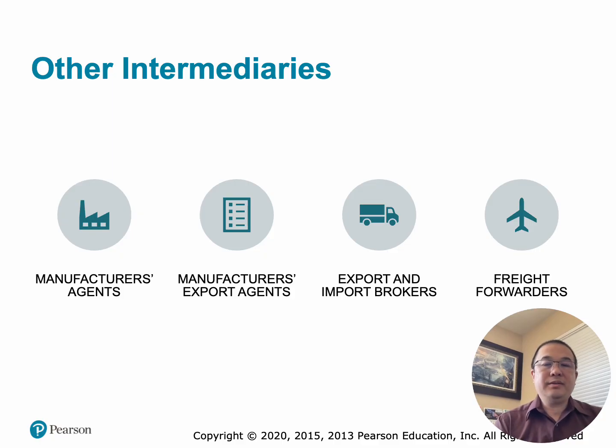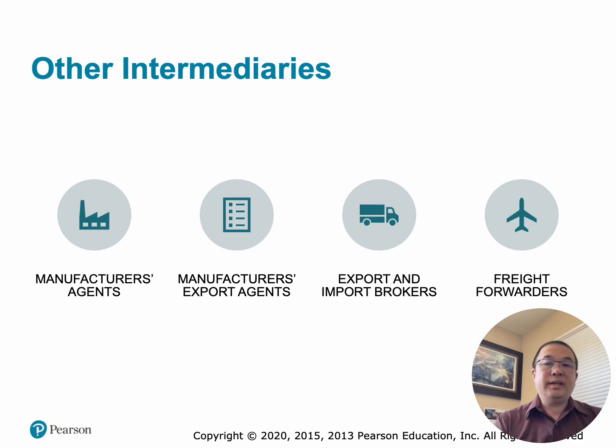Number two, a manufacturer's export agent, or MEA. These specialize in export markets. Think of them as an outsourced international sales department. What they do: they help to identify foreign customers, negotiate export contracts, handle export sales activities, and they sometimes manage export documentation. As an example, a small software company hires an export agent to develop customers in Asia and Europe. The difference from the manufacturer's agent is that they're more focused on international markets and they have greater export expertise.